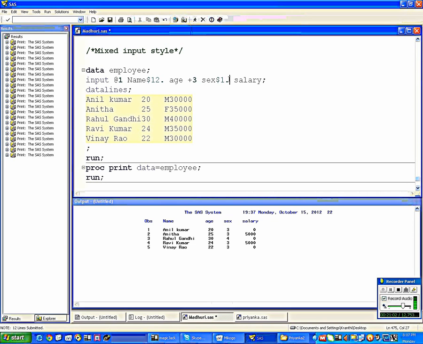Why? Plus 3, right? After the age, plus 3. Then 1 is for 6. Later, salary. 1 dot, right? It is 1, 2, 3. Yeah. Then why it is giving the error means, what is the length of the age? 8 it will take, right? By default it will take the 8 only, right?